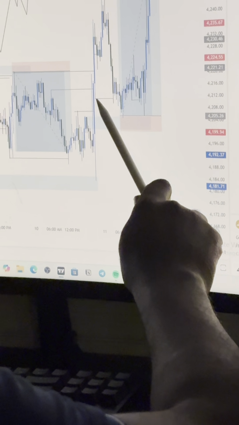Now, after the market closed above this high and closed above this high, giving us our valid double break of structure, where is your valid inducement? This is your valid inducement. Now, after this inducement,